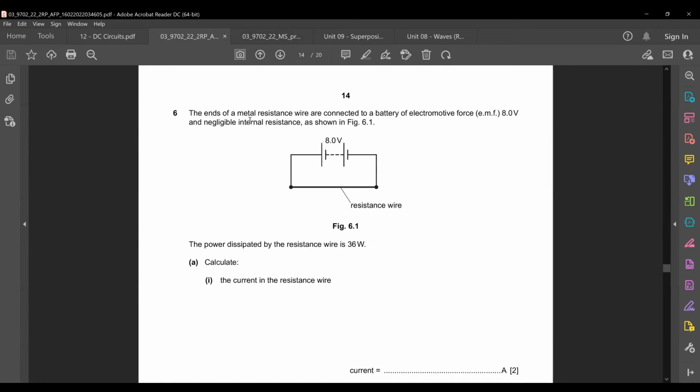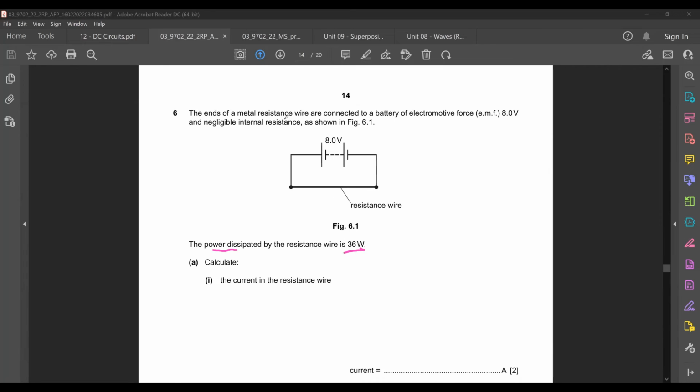Okay, so this one should be very straightforward. Power dissipated by the resistance wire is 36 watts. So find out the current. P is I squared R. Do I need to use I squared R? No, P is equal to VI. Because you can see from here,